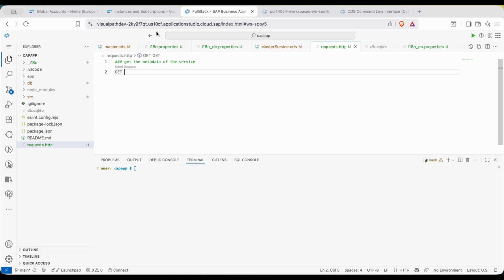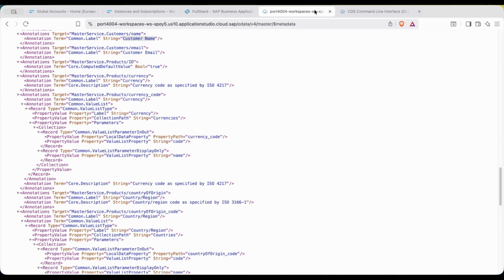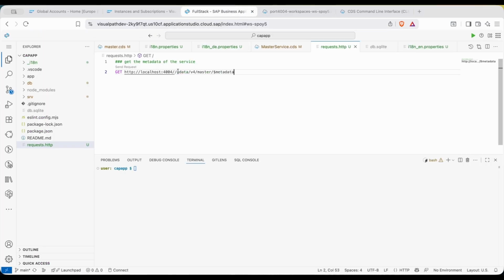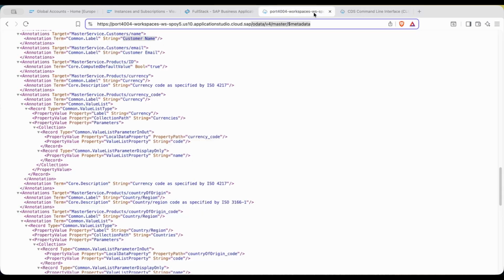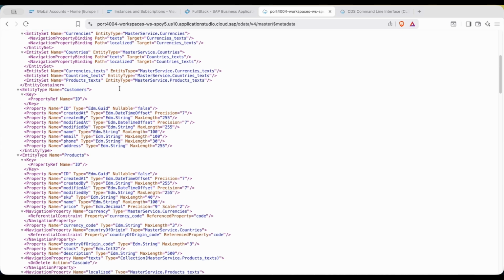The moment I enter GET, you see the send request button is enabled. So I just say GET, and because my application runs on localhost 4004, I know the path of metadata. If you see this, it is this one, right? So I just copy this and paste it here. And because it's XML, these are XML tags,